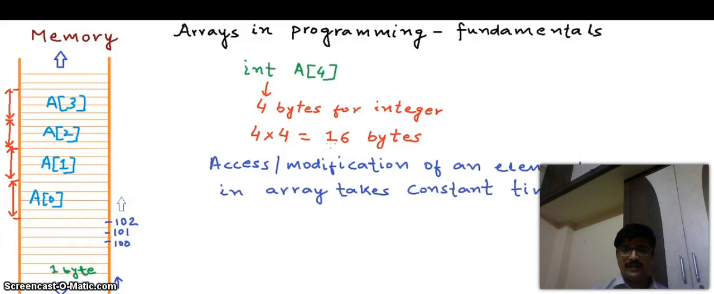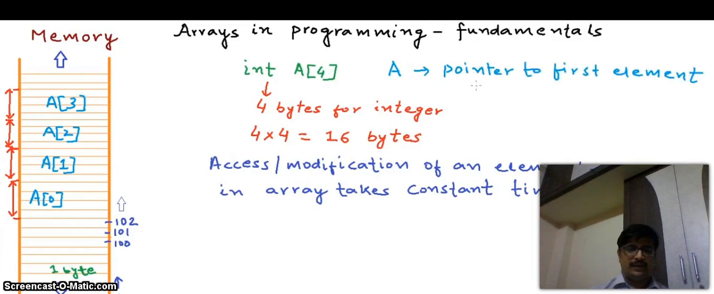Now, how does this really happen? So let's try to understand. When we declare an array, for example, here we have declared an integer array of size 4, then this variable a is nothing but a pointer to the first element in the array. Okay, and we can also say that variable a is the pointer that points to the base address of the array, and this is better explained in